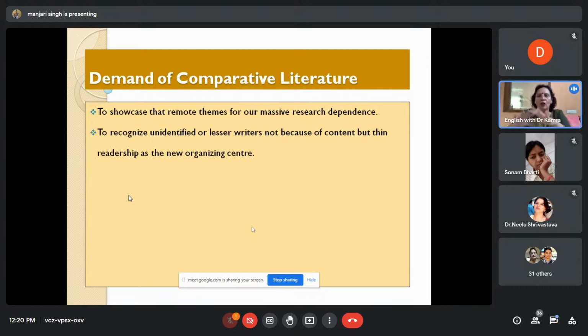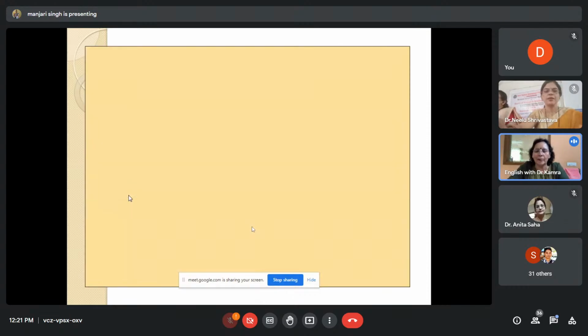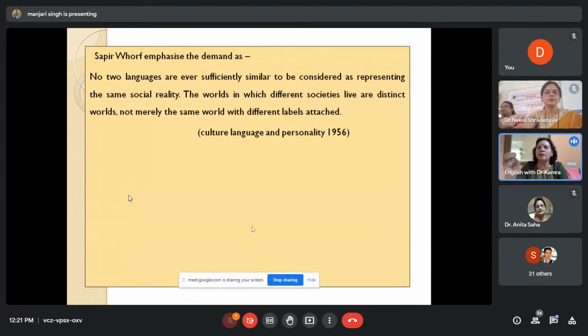Mingling of various genres, various disciplines, various literatures, various writers, cross cultures, cross boundaries, cross disciplines, and at the same time, cross techniques too. So comparative literature focuses on two literary texts compared. Nilu, next slide, please. Yes, ma'am. This is what it does. In simple terms, this is what comparative literature is all about. It compares two texts and focuses on what is the element that makes the comparative strands in it.